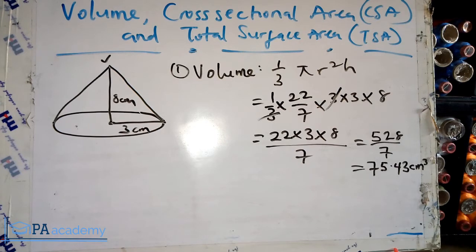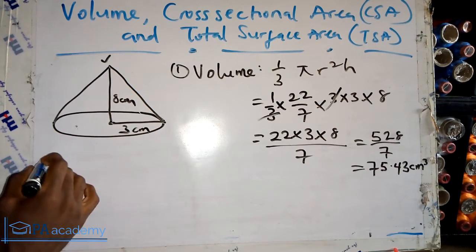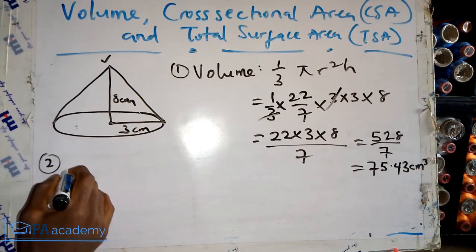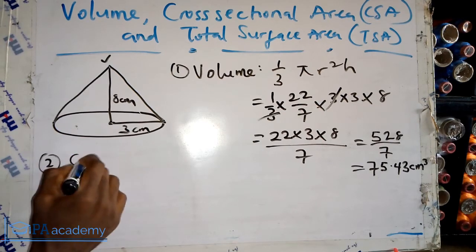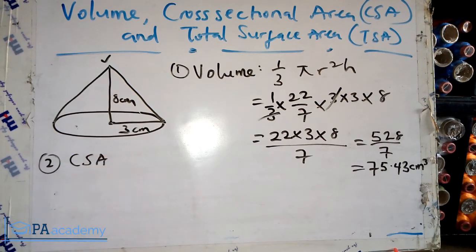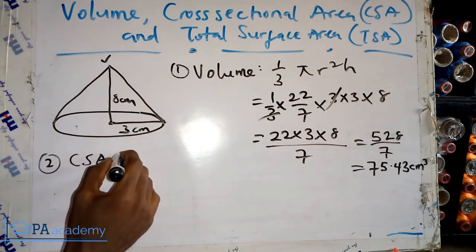Now the second part of the question asks us to look for the area of the curved surface. That is the curved surface area. We are still saying the same thing. And the formula for that is